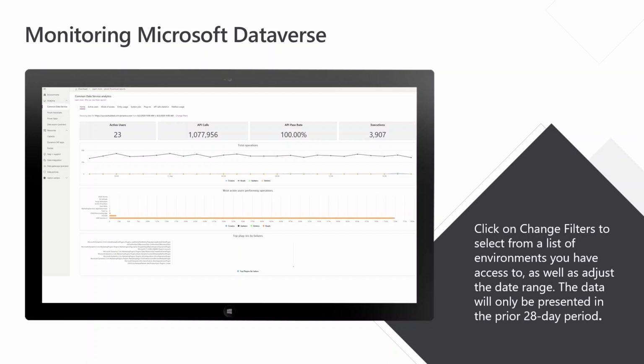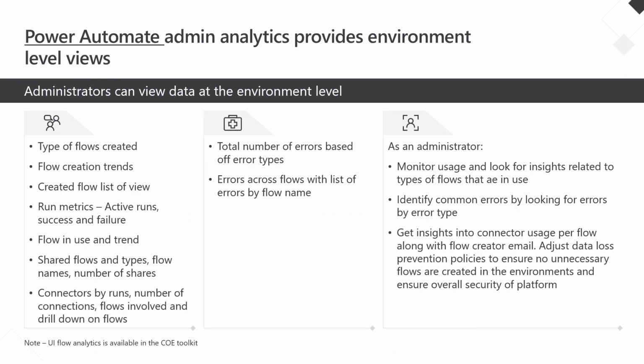There are filters available that you can change. Now, this screenshot might be out of date, but click around in your environment, you can see the types of things that are available to you. Power Automate Admin Analytics provides environment level views of Power Automate. So you can see the types of flows created, the creation trends, list views,